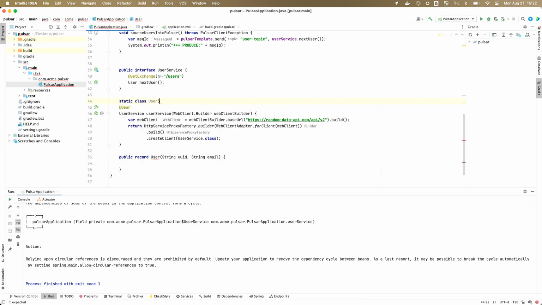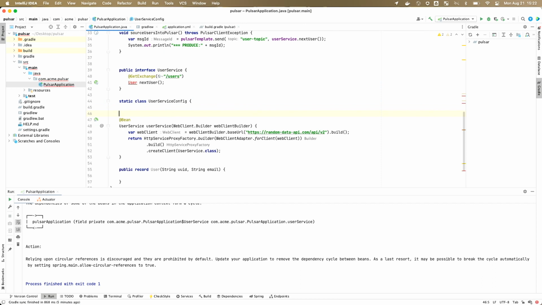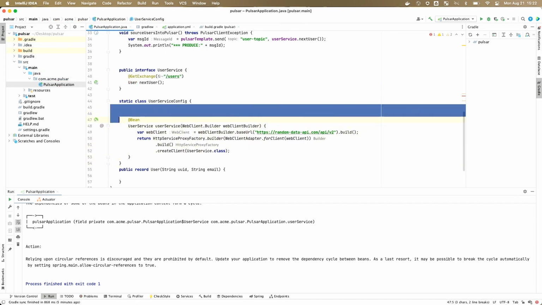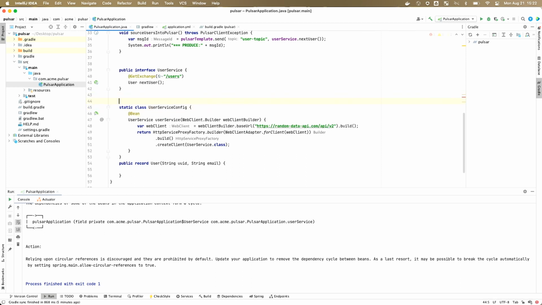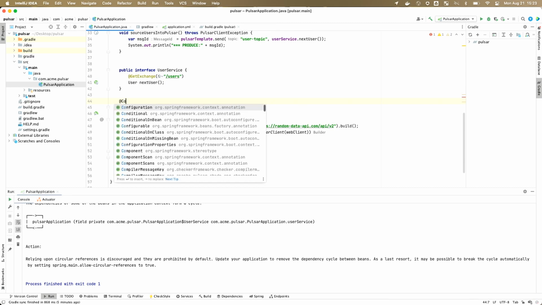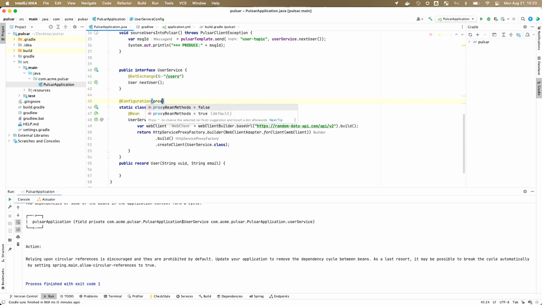Class, user, service, config. Don't worry, this will take just a second. The latest Spring Boot and framework are a little tighter, because this bean is defined in the same class where I need it. It asks, how can I create something and use it at the same time? So we just put it into a static class for this demo. Always use proxy method false. Okay, now,